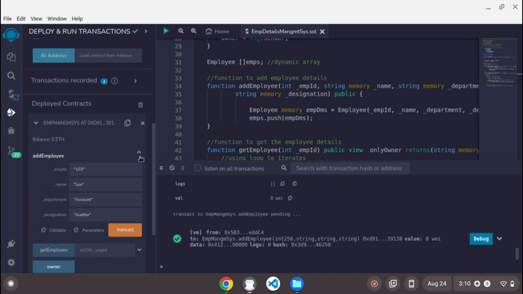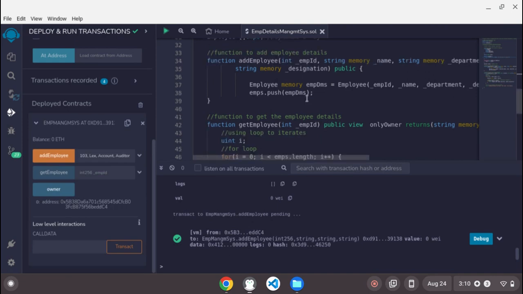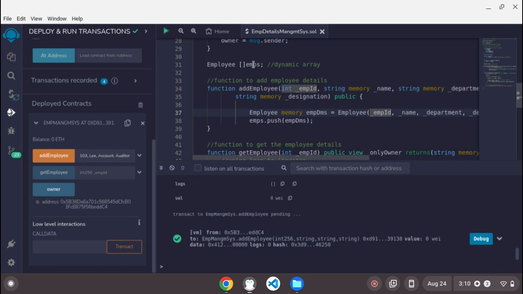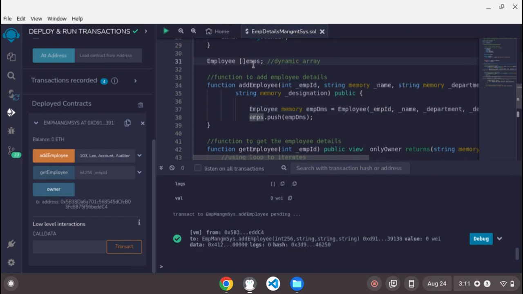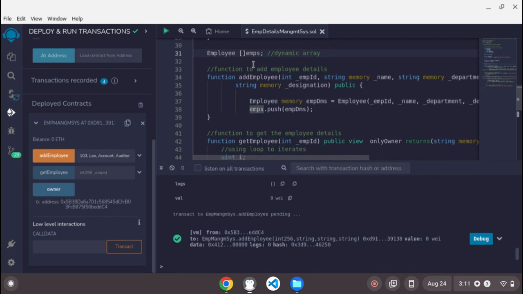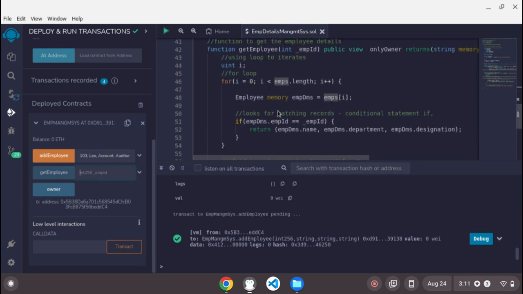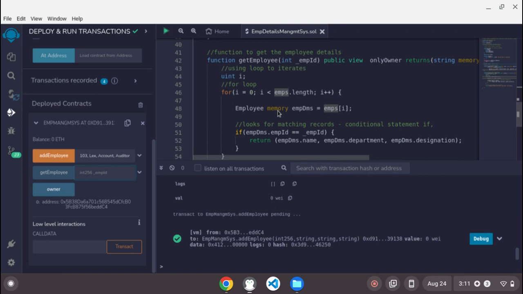So let's try and get the employee details. I remember because I've used an array here in my function. If you check it, I used emp.push. You should push that information that I've input as the ID, as the name, as the department, into this array of instances of the struct, the struct Employee. So let's try and get that information. If I'm getting the information, it will be based on the employee ID I'm inputting, which is int empID. So 101,